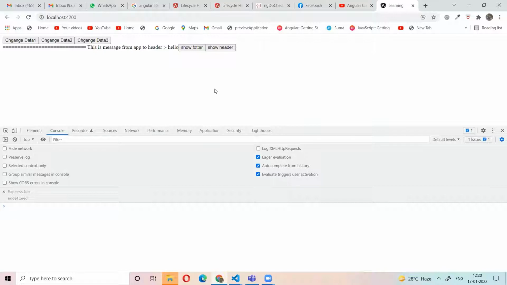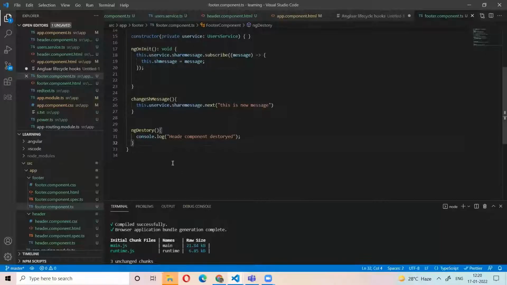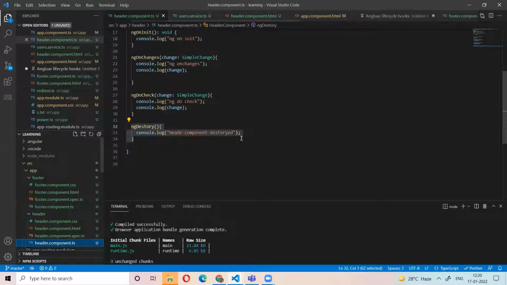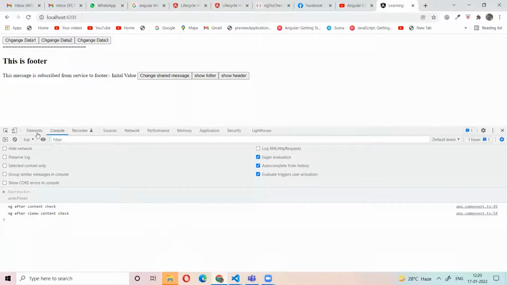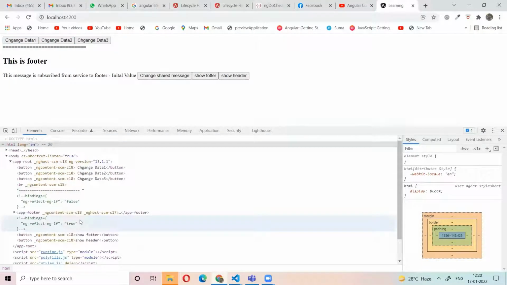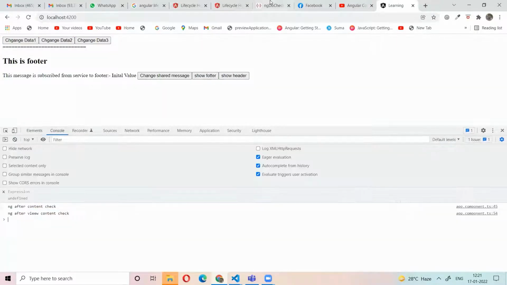Let's see. It's not loaded. I think ngOnDestroy should be called before going to the other component. Let's see what happens.